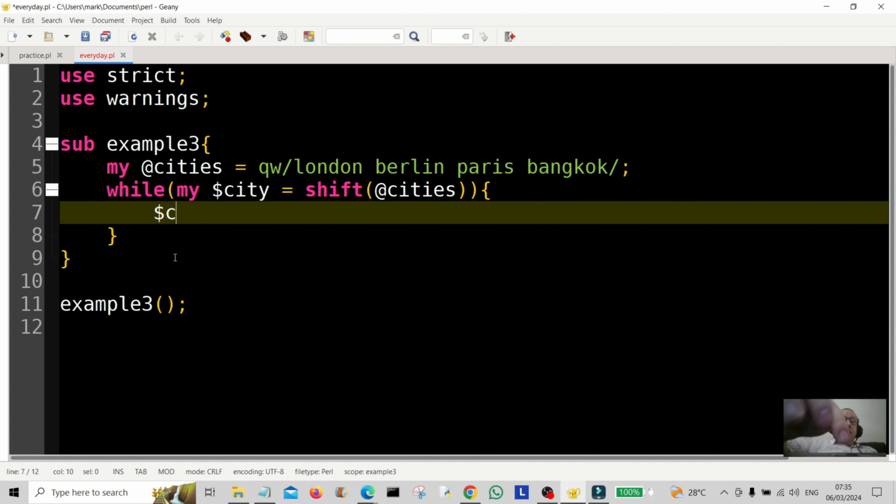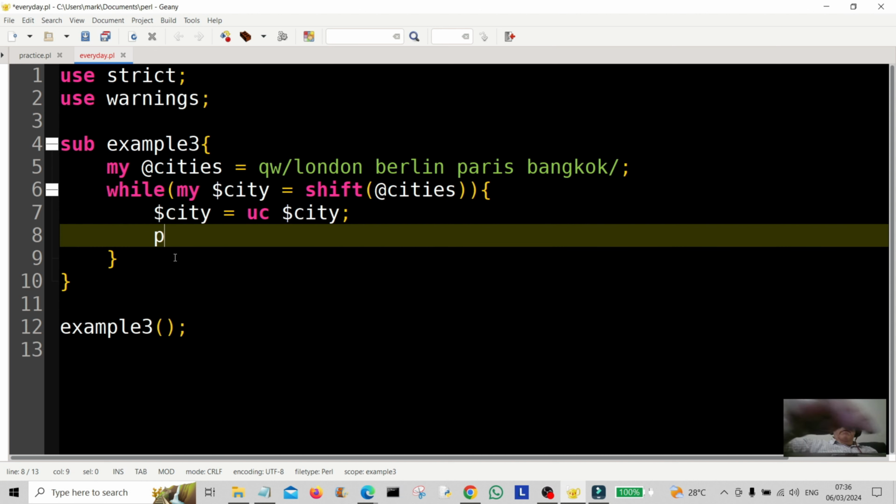So scalar city, I'm going to assign it to uc, uppercase, scalar city, and we're going to print out some info for the user. It's going to be uppercase city is,